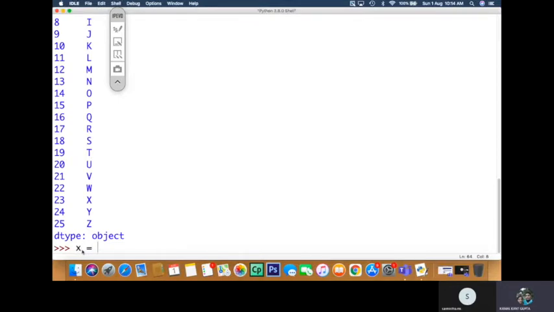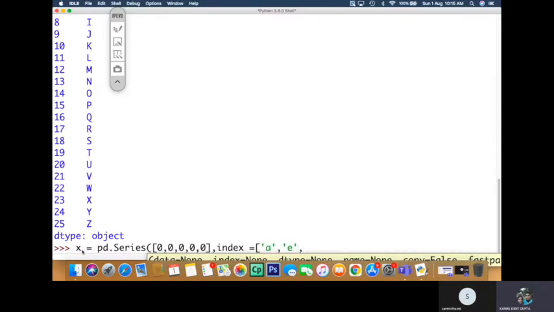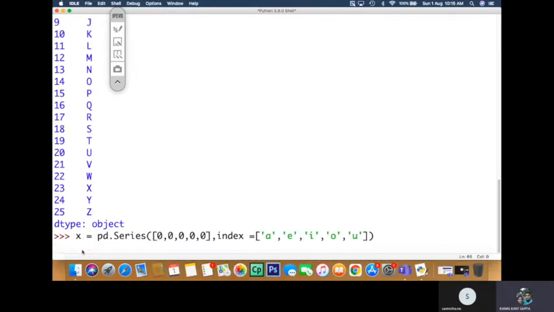So x is equal to pd dot Series, and here I will write the 5 zeros, and then index is equal to A, E, I, O, U. Okay, so this is what we have, and then we will print this x.